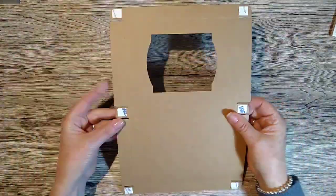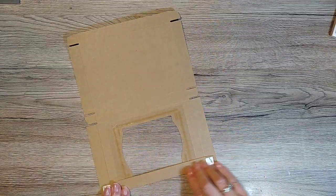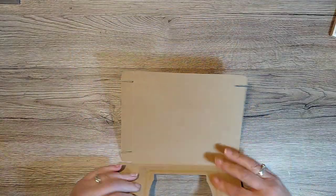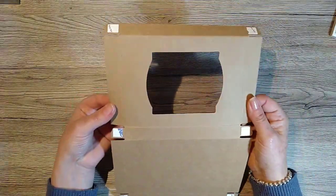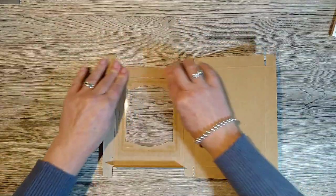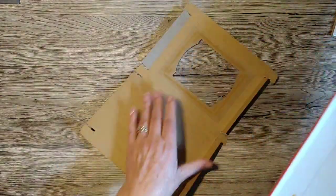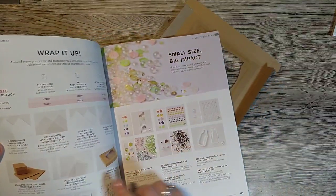Now all of the score lines are there for you to burnish yourself, so what I would suggest is that you go ahead and burnish all of these. Like I said, you can stamp straight on these. These are like your proper traditional craft cardstock. It has quite a nice matte, not rough, but you know what I mean, it's not super shiny. Now, I meant to check in the catalogue. I don't believe that these are food safe, but let me just double check. We do provide packaging that...